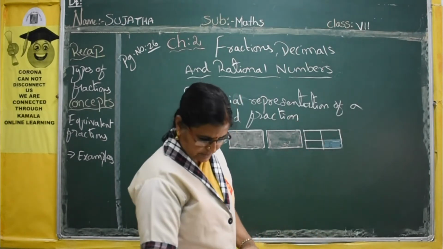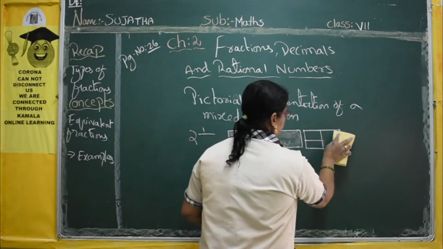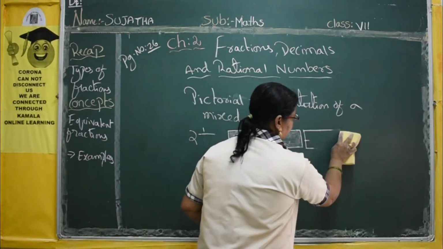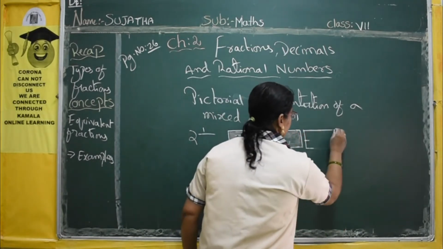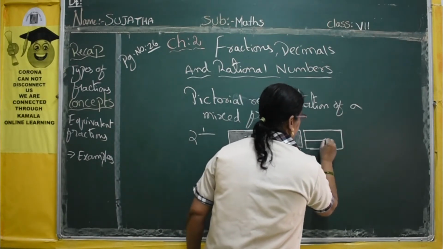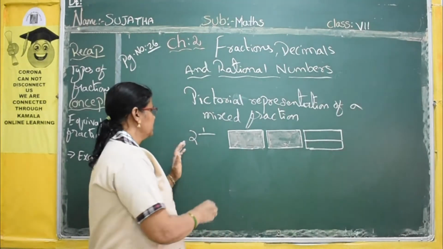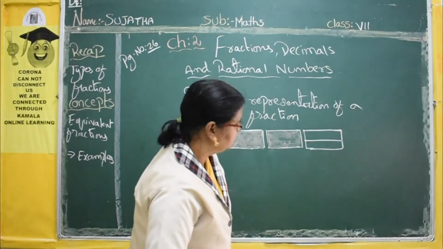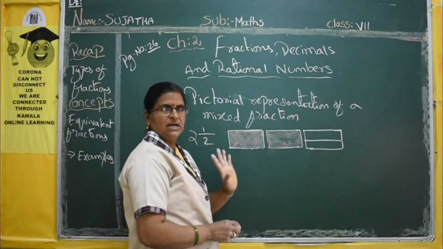see here. Otherwise, if you have not understood, I will take 1 by 2 only. Okay? If you have not understood, this 1 by 4 I will explain afterwards. See? Half I am taking. Here 1 by 2 I am taking. 2 1 by 2. So 2 whole parts I took.